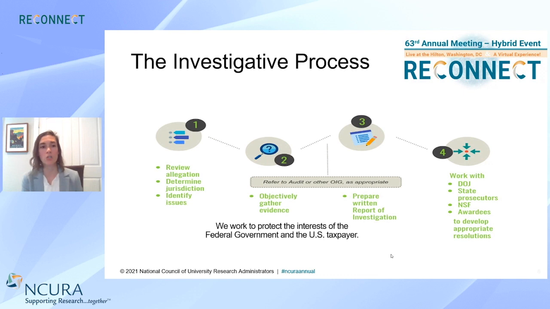We're going to start with allegations. That's really how all of our cases start. Sometimes cases start from proactive reviews, but oftentimes it's from allegations. We receive numerous allegations from a variety of different sources throughout the course of the year. All investigations that are open must fall into a specific violation of law, rule, regulation, policy, award condition, just to name a few, in order for us to have jurisdiction to investigate. So it has to fall under one of those items in order for us to have jurisdiction.